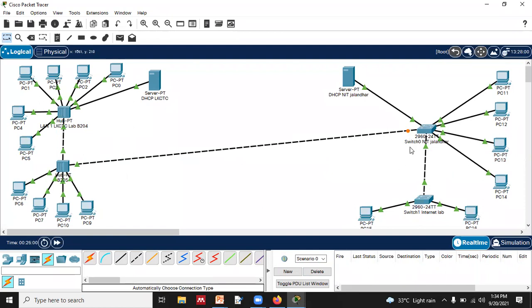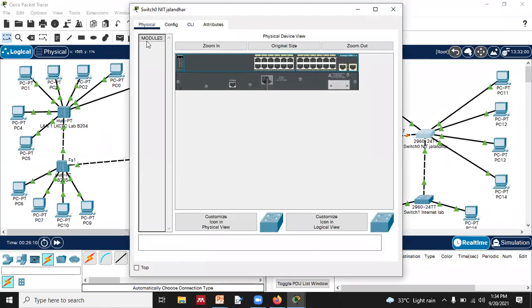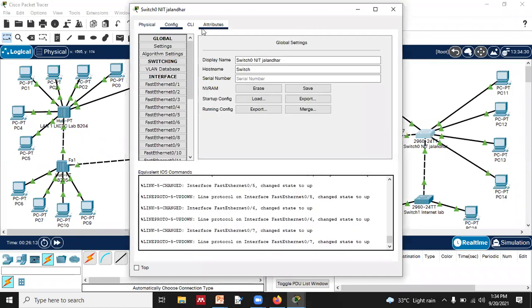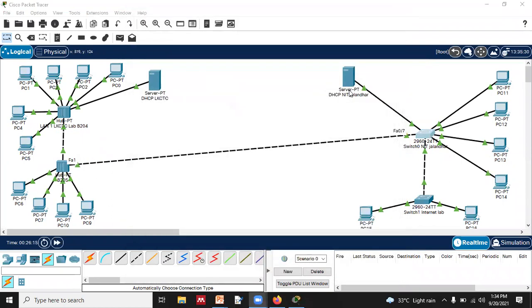And since it is a switch, it will take a certain amount of time to get ready for the network. You can see it is coming orange over here. So once that turns green, then we will try to do that. Now you can see the bubble has turned green. Now let's check whether we are able to connect this DHCP server to this DHCP server, and it failed. And again we will do that, and again it failed.